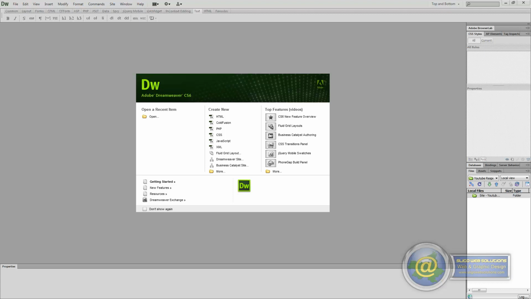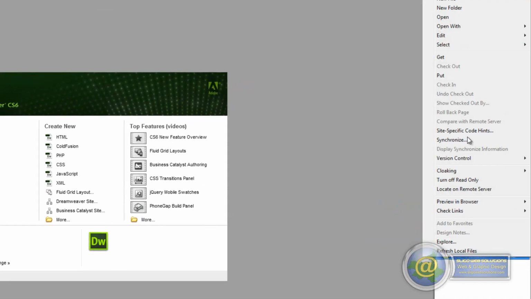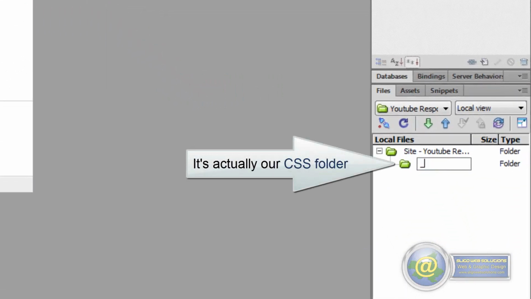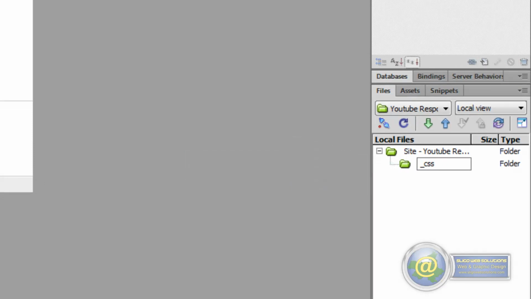Now, to create these folders within the root folder, I'm going to create two folders. So what I'll do is I'll create one in Dreamweaver and I'll create one inside our root folder, and you can see how both are done. Both are pretty straightforward. In Dreamweaver, you right click on your root folder and you select new folder. So this one is going to be our images folder, and anyone who has followed along with the previous series will know that I have a naming convention that I always use for folders that I create within my root folder. So this is _CSS, which is going to contain